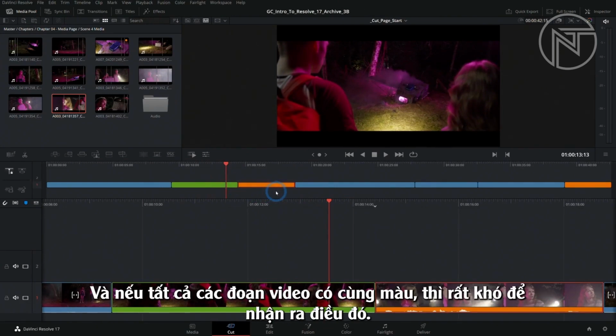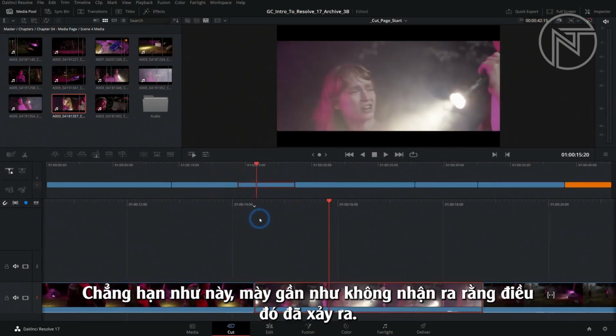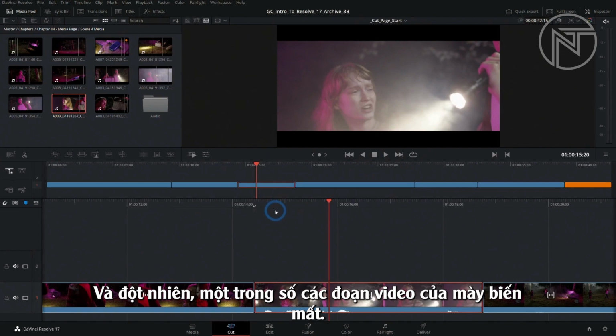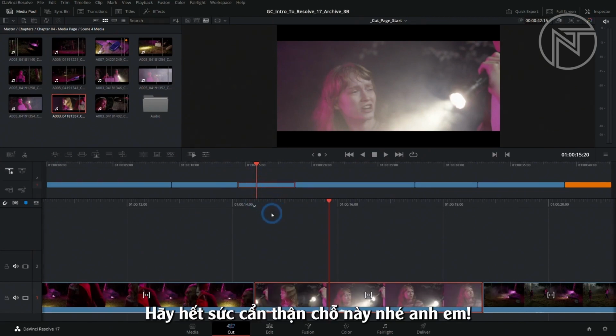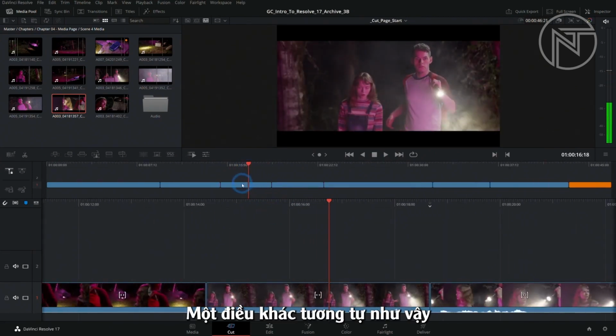It's really hard to see if these are all the same color. You almost don't notice that that's what happened, and then all of a sudden, one of your clips is gone. Be very careful. The other thing that's sort of like that is, let's color this